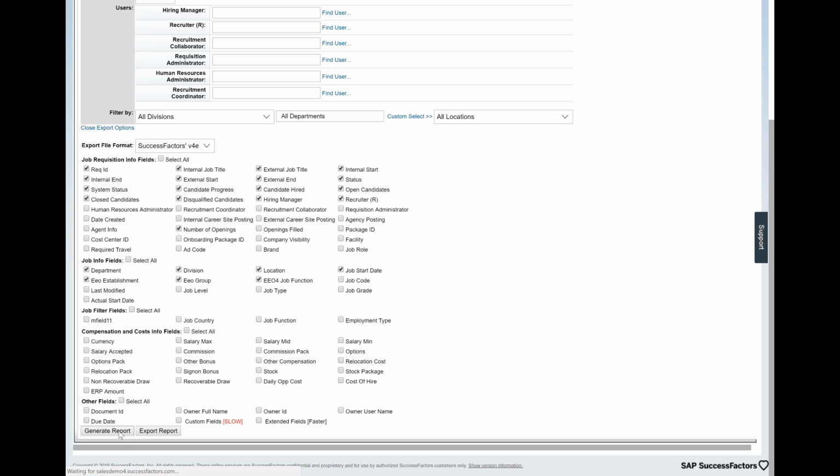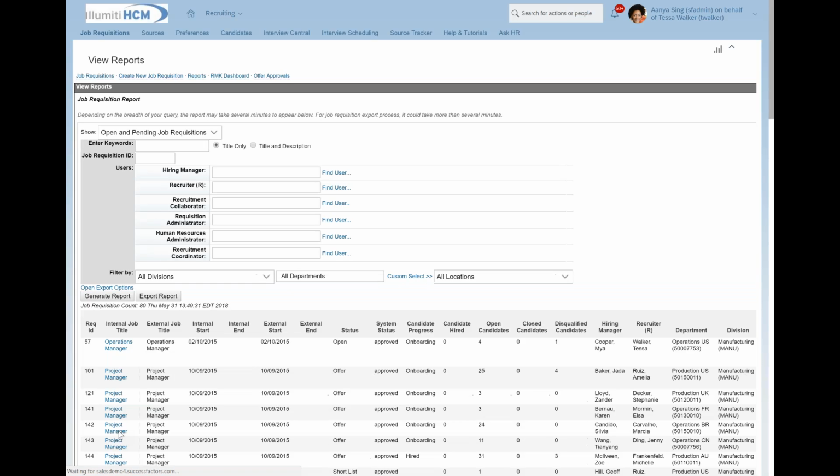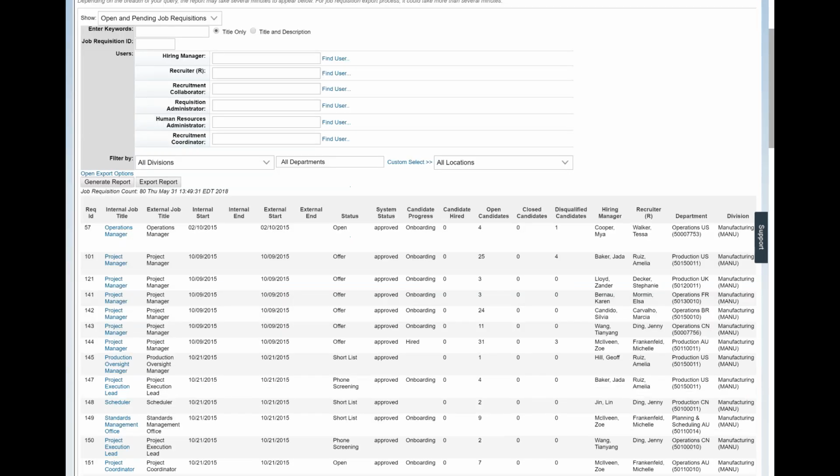So if someone comes in and says, how many openings or how many requisitions do we have for New York or New Jersey? Or how many requisitions are for a particular hiring manager? Then you can come in and find that information here. And it gives you the following snapshot.